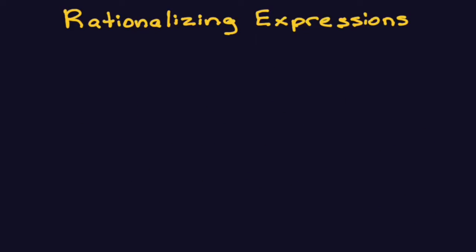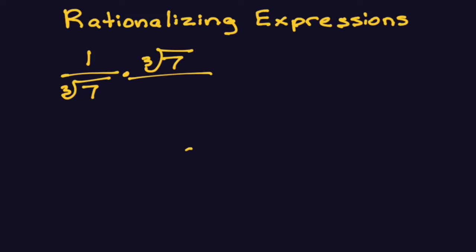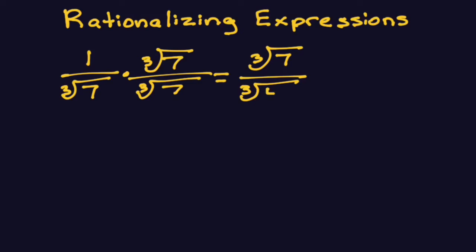Okay, so now let's move on to rationalizing expressions, but with cube roots instead of square roots. So let's say we had something like 1 over the cube root of 7. Now, we have a cube root on the bottom, so we do the same thing that we did with square roots, so we just multiply this by cube root of 7 over the cube root of 7, which is still 1, and then we get the cube root of 7